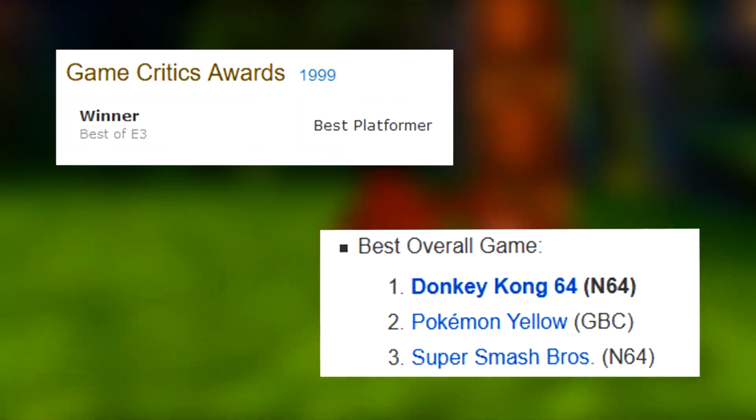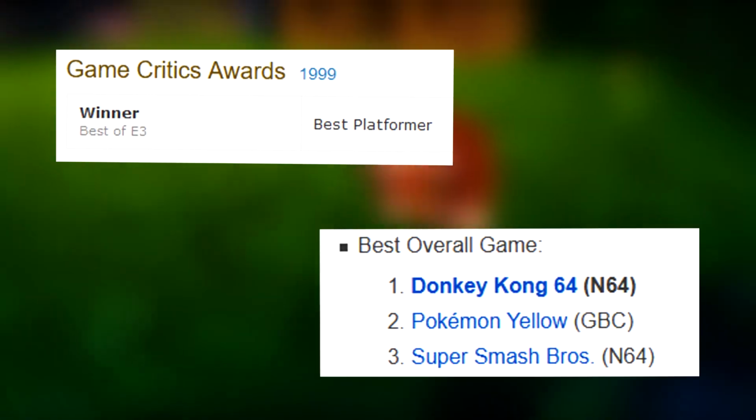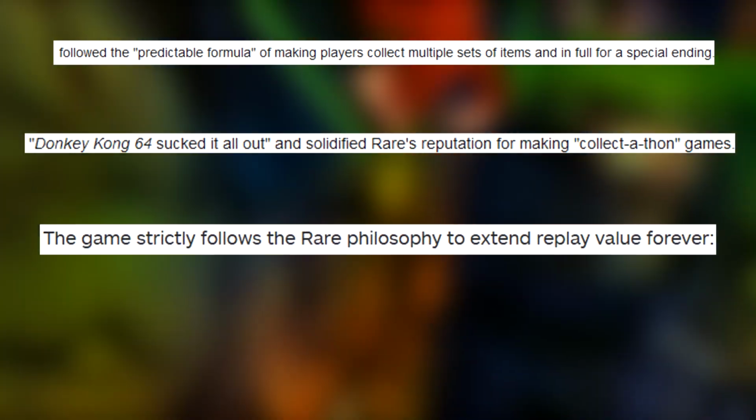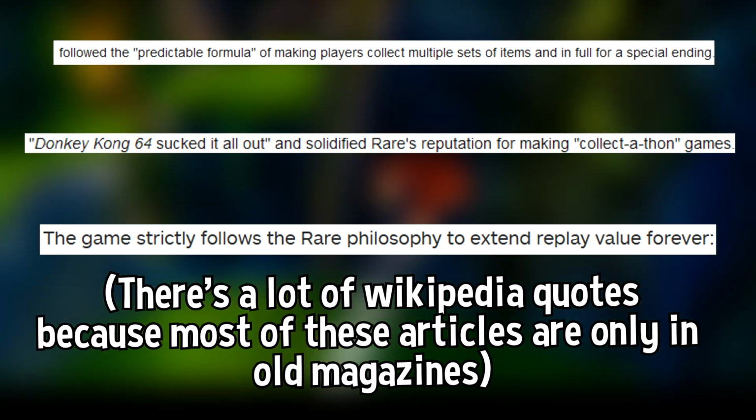It won a few awards even, such as Best Platforming Game and Best Overall Game of 1999. The same year that Pokemon Snap came out. Along with this, there were a lot of pretty critical reviews of the time. It was obvious that people were getting a bit frustrated with 3D platformers becoming formulaic, especially Rare's 3D platformers, and